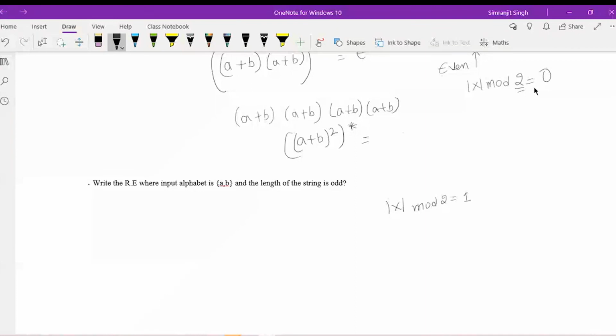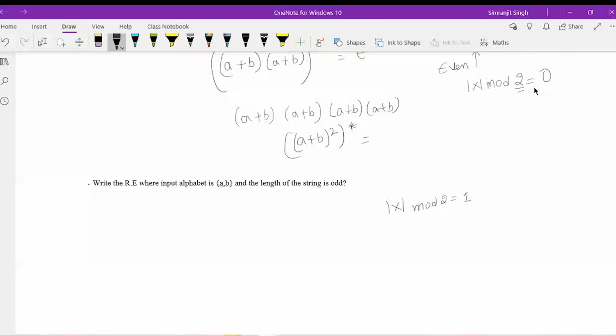Again, if you are not able to derive it, don't worry about it. There can be multiple regular expressions for it. So if you are able to derive any different regular expression, just let me know and I can tell you whether it is right or not. These are the standard questions that you will find in any book. These questions are taken from Peter Linz, and they are standard questions to get a better perspective of this problem. I think Rishika again got the right answer.